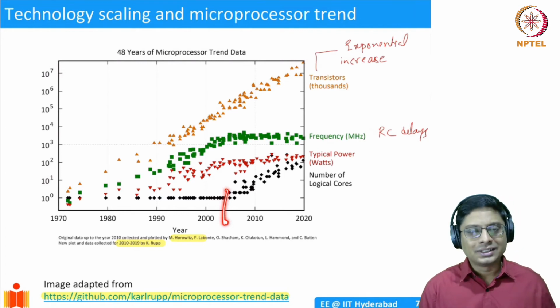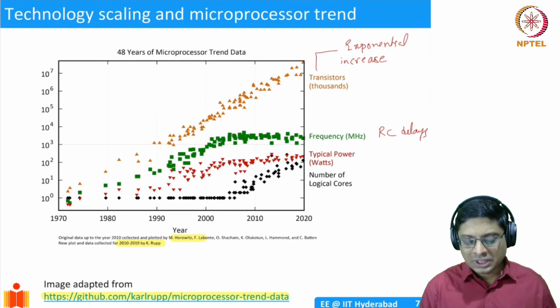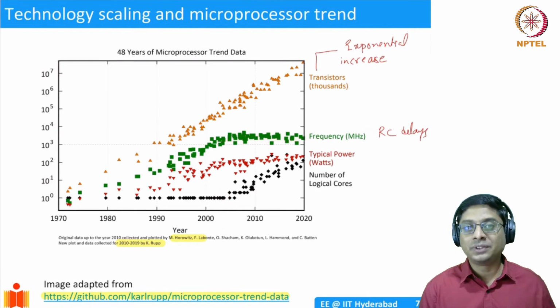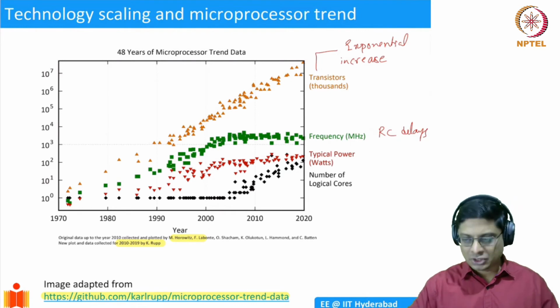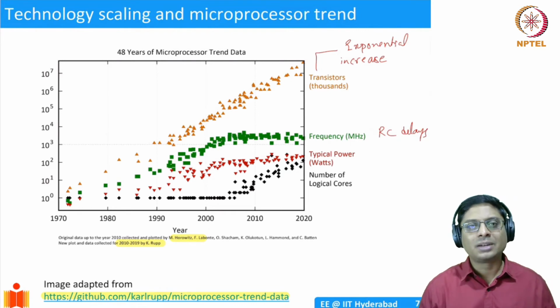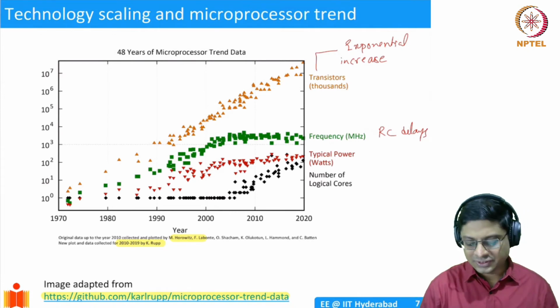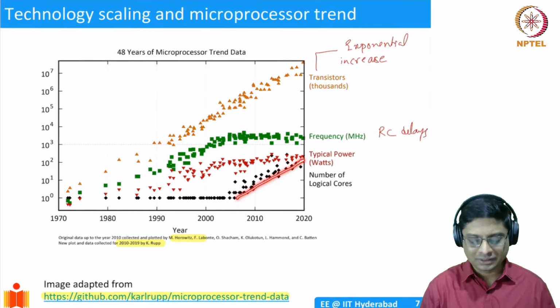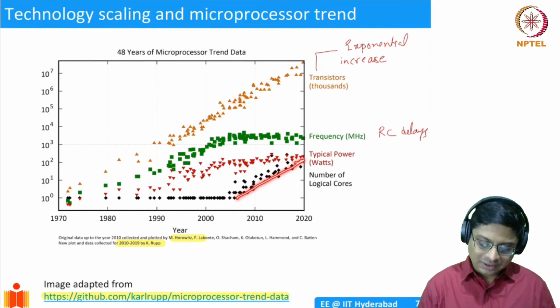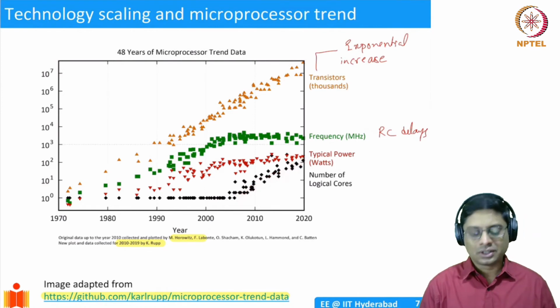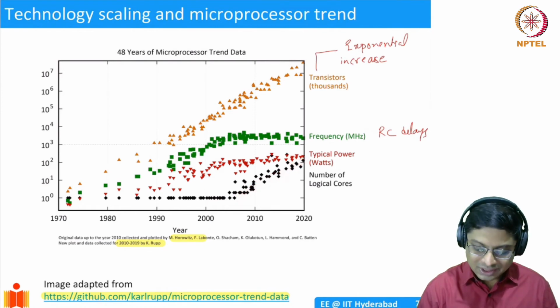Why? The reason is you're not able to scale the frequency of individual cores, but I can always parallelize it. I can distribute my computing job on more cores, and I can make the overall system more efficient. And that's why over the last 15 years, we see that the number of logical cores has increased in the processor. Okay. Fine. And the last thing I want you to know is basically the power.